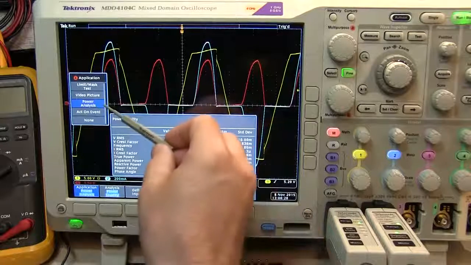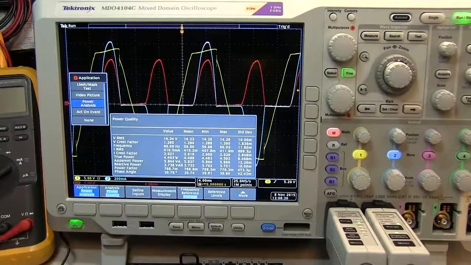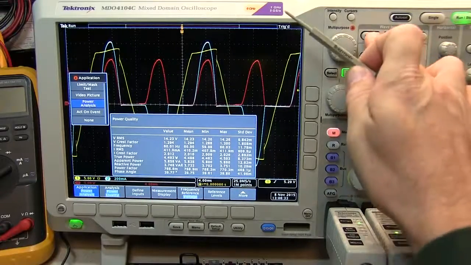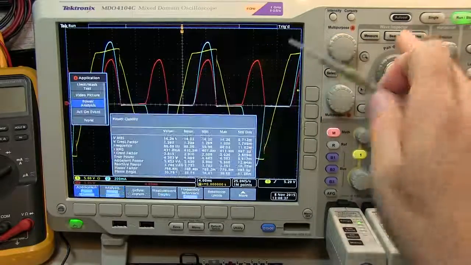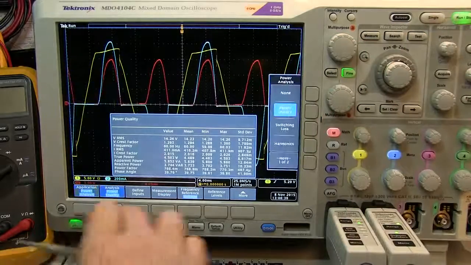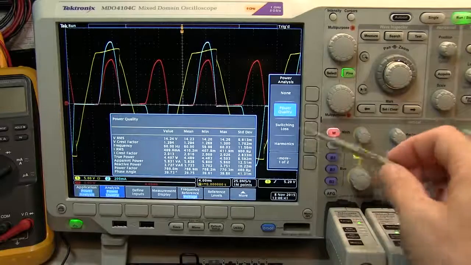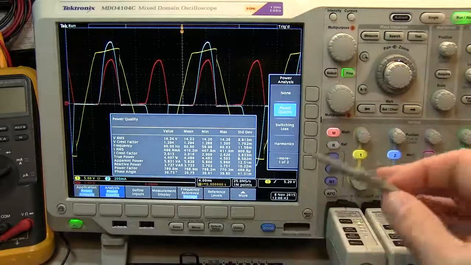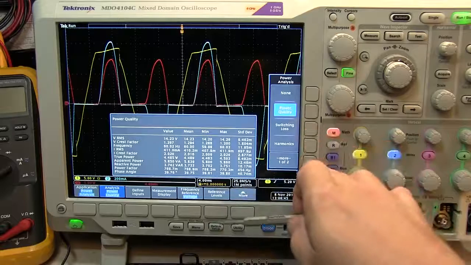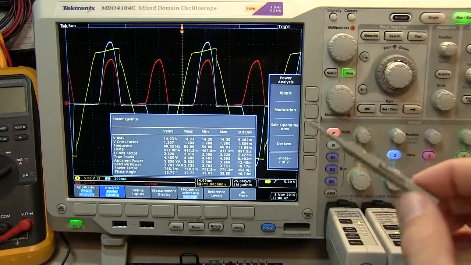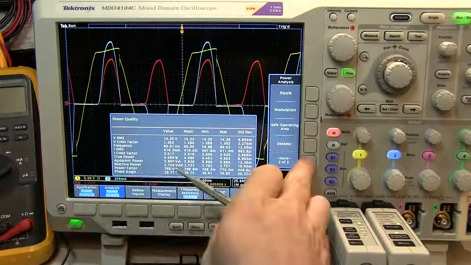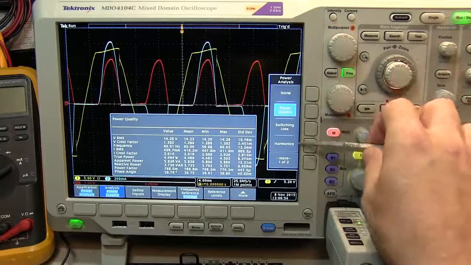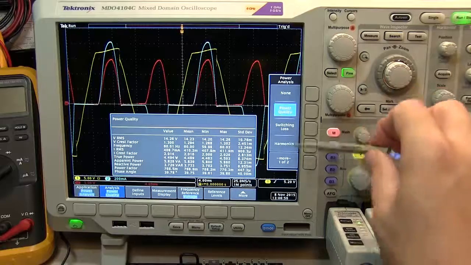The power analysis application on the scope provides a comprehensive set of measurements that goes far beyond the ordinary measurements available on the instrument. These measurements include such line-side measurements as power quality and harmonics, and some switching regulator side measurements including switching loss, ripple, modulation, and safe operating area. In this video, we'll take a quick look at three of the most common measurements: power quality, switching loss, and